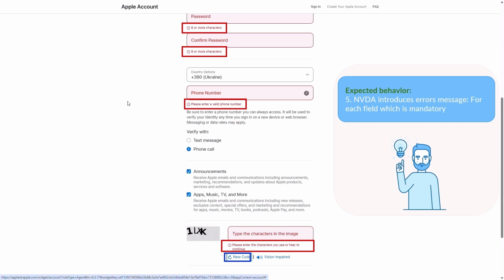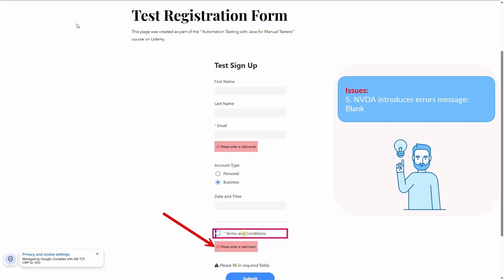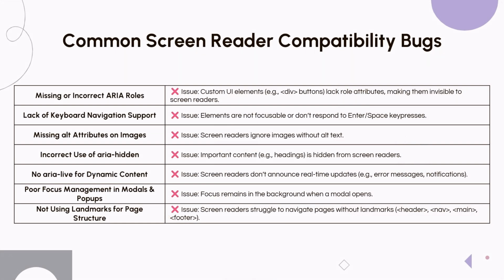By clearly announcing errors, the form enhances accessibility, allowing screen reader users to complete it without confusion or frustration. In contrast, in the previous form, NVDA did not introduce an error message for the checkbox at all. This omission makes it difficult for users to understand what was missing or required, potentially preventing them from successfully submitting the form. Without proper error feedback, screen reader users might struggle to identify and resolve issues, leading to a poor user experience. Thus, we have reviewed the issues and compared them with a proper implementation to highlight how to avoid